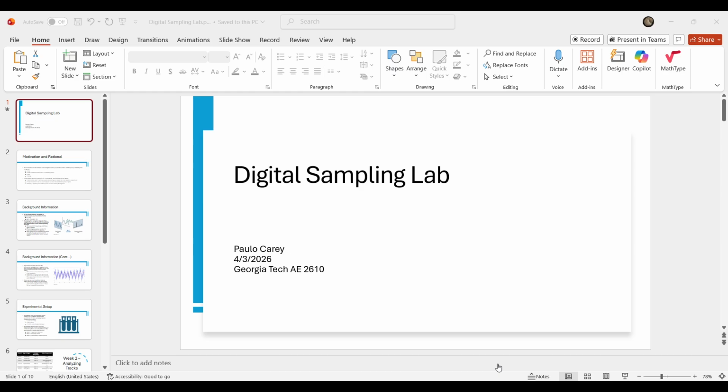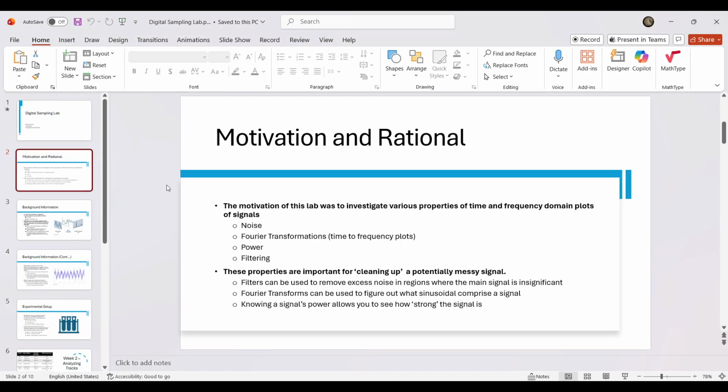I'm Paulo Carey, and this is my digital sampling lab report. So, the motivation of this lab was to investigate various properties of time and frequency domain plots of signals. Some of these properties being noise, Fourier transformations, which is turning a time domain into a frequency domain, power, and